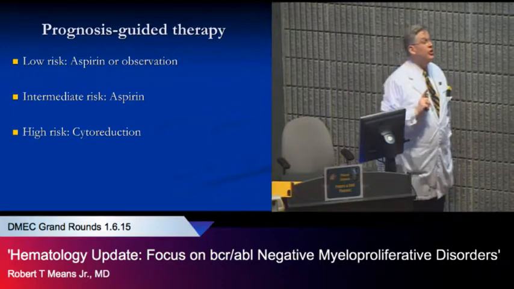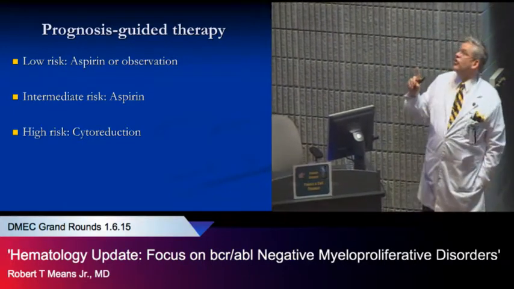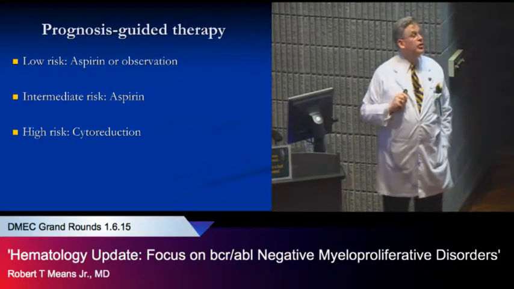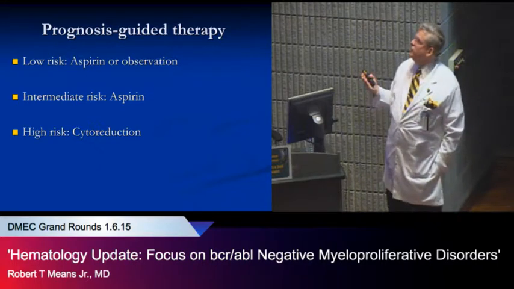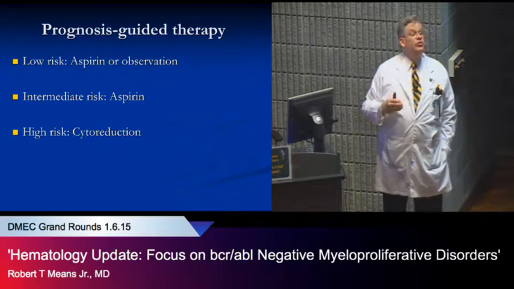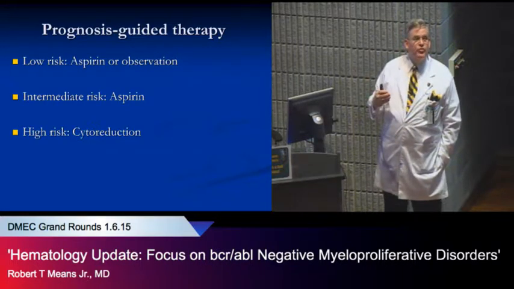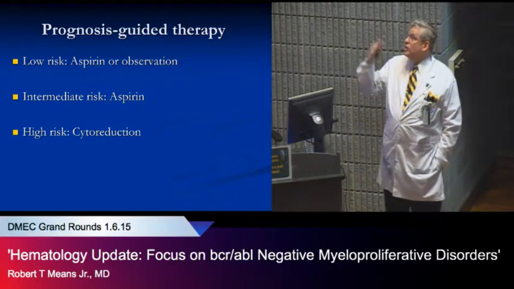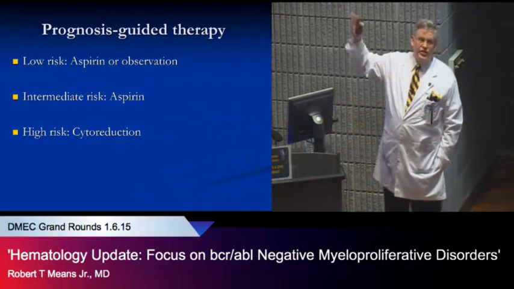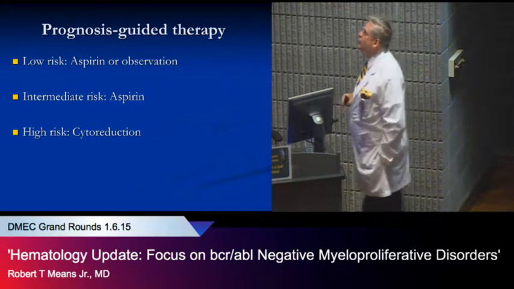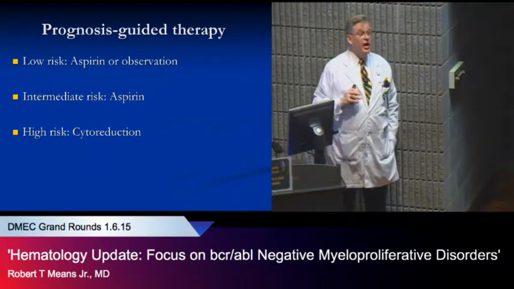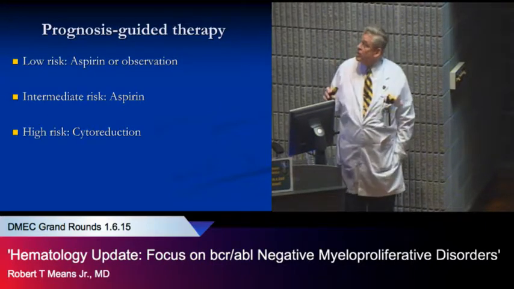Because this guides therapy. Whether you are low risk on the old criteria or low risk on the new criteria, the management would typically be aspirin or some other antiplatelet agent if you prefer it, although aspirin is the best studied, or observation. If you are a young person, or for whatever reason couldn't take aspirin, it might be reasonable to observe you. I'm allergic to aspirin, so if I had this, hopefully that's the category I would fit into, I hope. If you're intermediate risk, then the recommendation would be aspirin or another antiplatelet agent.